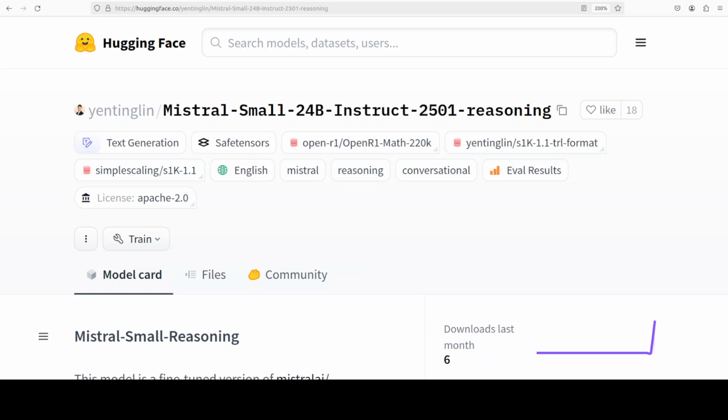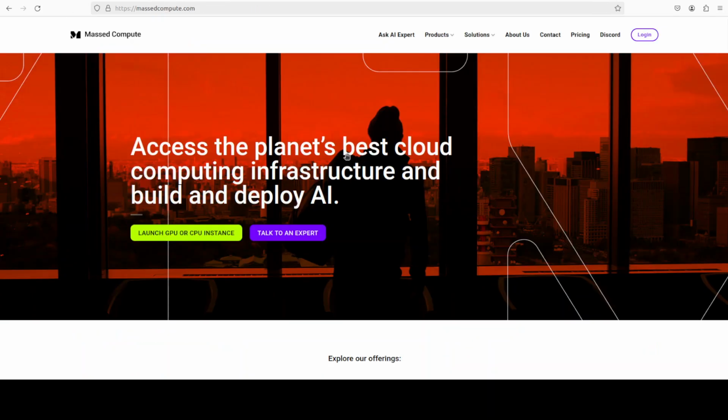This model is specifically optimized for mathematical reasoning tasks, and that will be the focus of this video after we install it, and then we will see how it compares with other reasoning models, especially on a lower scale with DeepSeek R1. Let's try to get it installed, and before that, let me give a huge shout out to Mast Compute